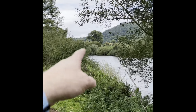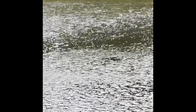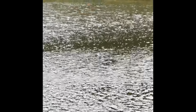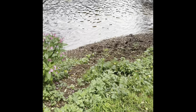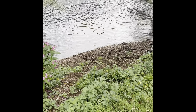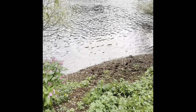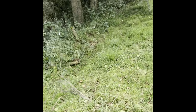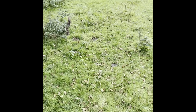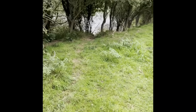This is all overgrown because the river's really shallow. And just here the river starts to deepen off. Slack on the inside, flow over there. And this is the first of the meadow swims. So this is a cattle drink. It's quite wet and muddy down there. Probably fish better in a bit of high water, but you can still get in and out the river here with ease. And sort of 10-20 yards this way,